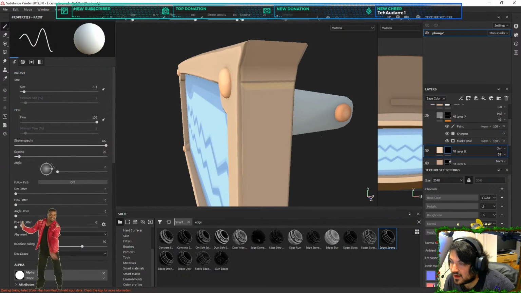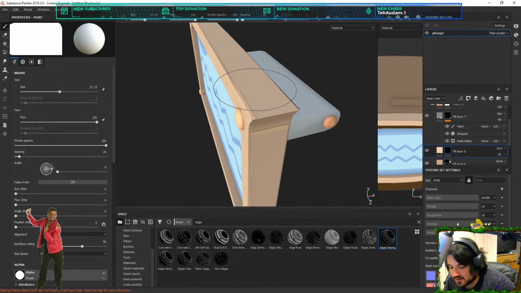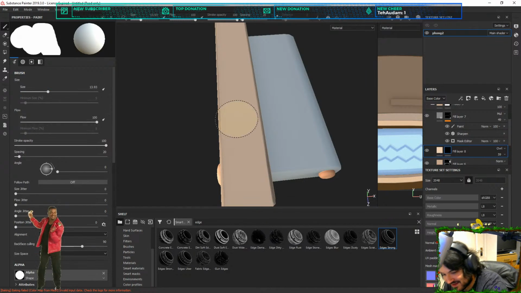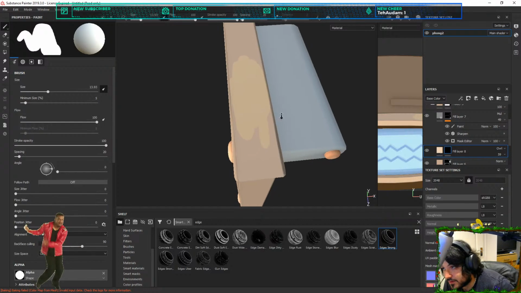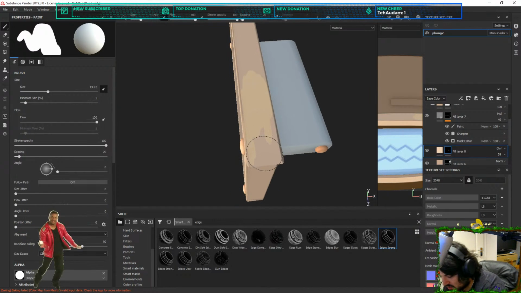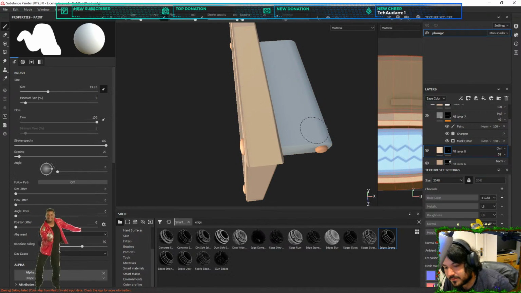So this will be our highlight layer. And then for bits like here, oh, right. Yeah, I'll have to do this but manually.